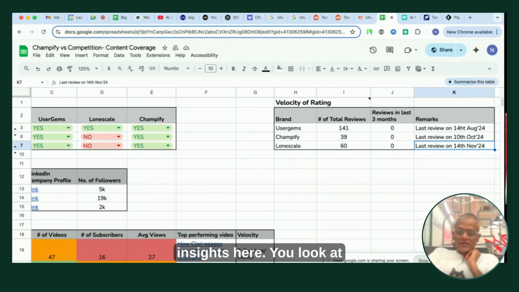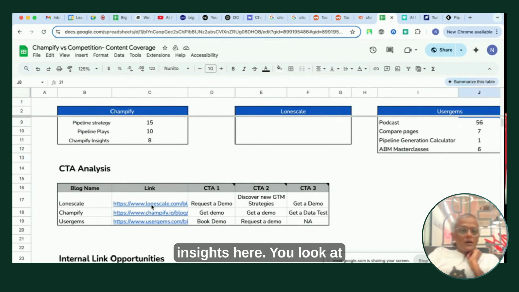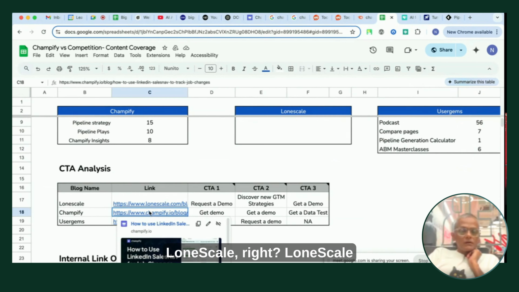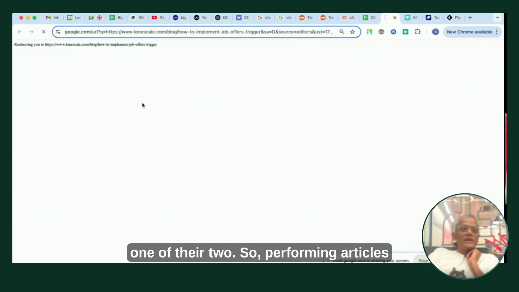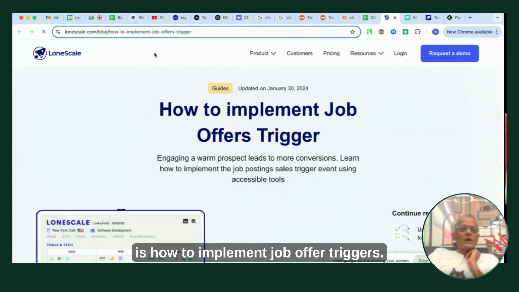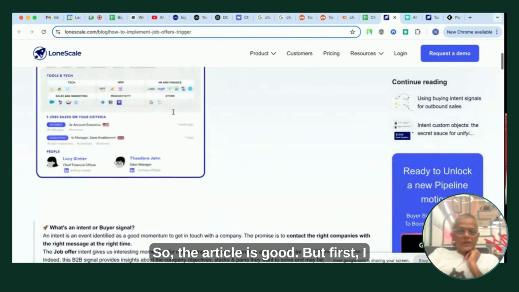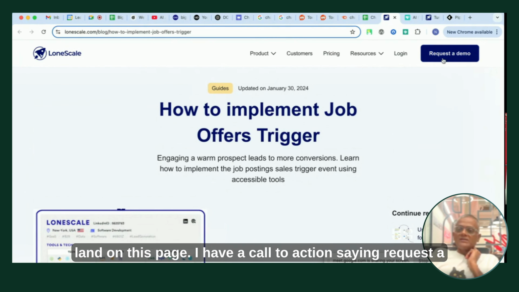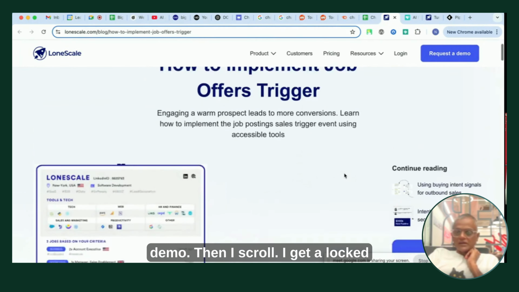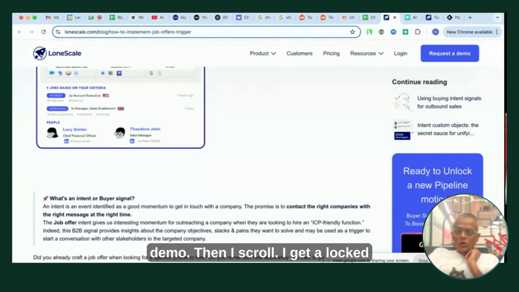And we have some very interesting insights here. You look at Loan Scale. One of their good performing articles is how to implement job offer triggers. The article is good, but first I land on this page. I have a call to action saying request a demo. Then I scroll, and I get a locked-in call to action saying get a demo,